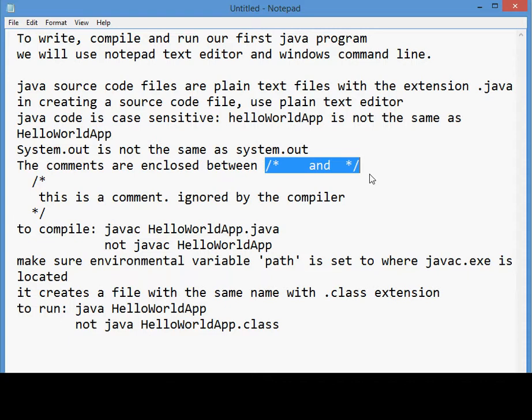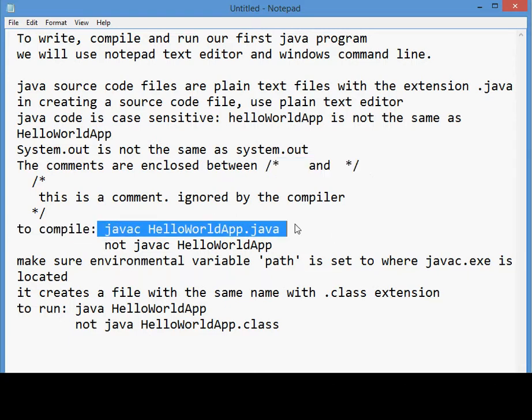So after you have written a source code file, we will compile it by using on the command line the Java compiler called javac, like so. javac and then the name of the file with the .java extension.